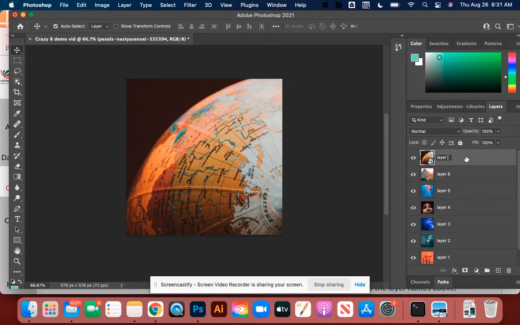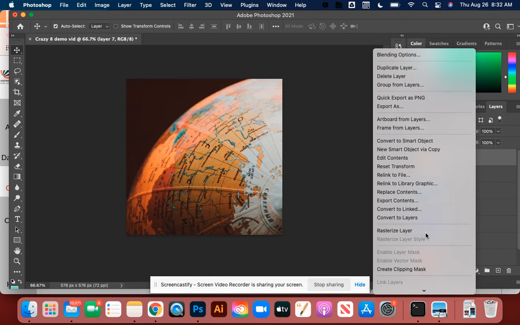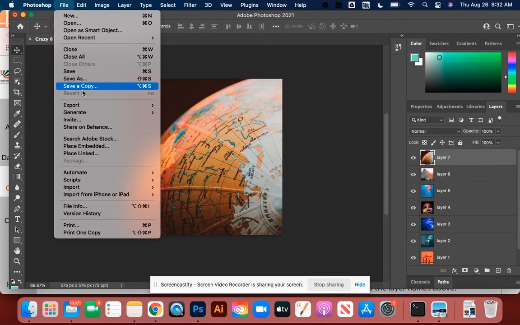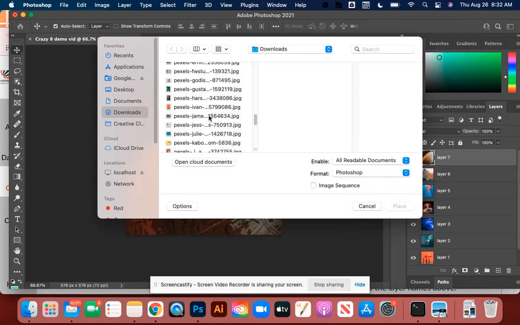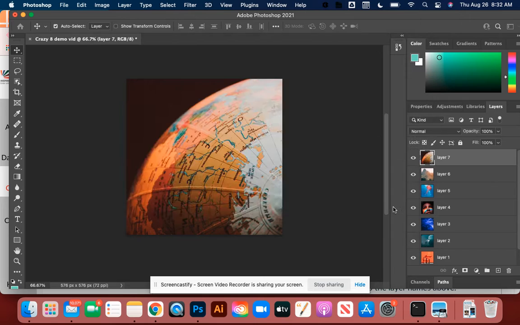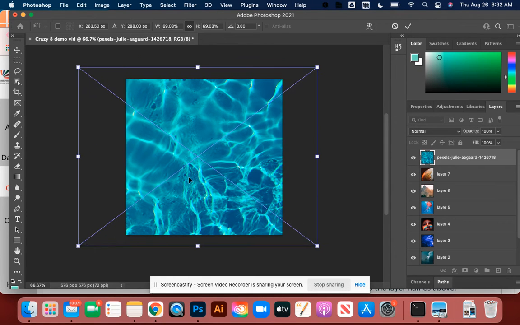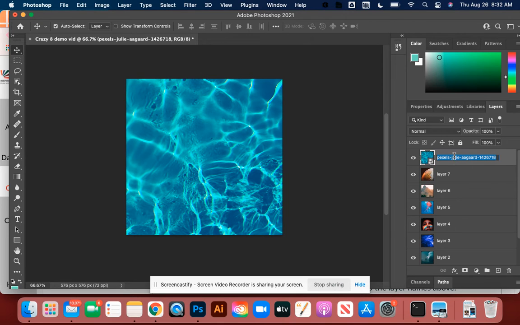Layer 7. Right click, rasterize. And last is your pattern. So now you'll notice on the right-hand side, you have 8 layers, and the only layer that you're seeing is